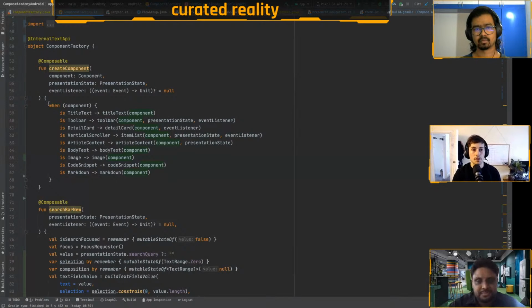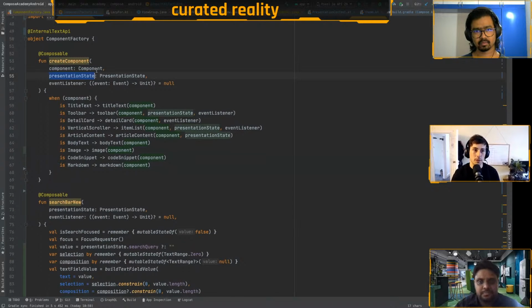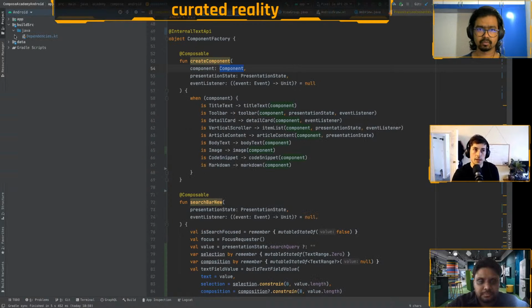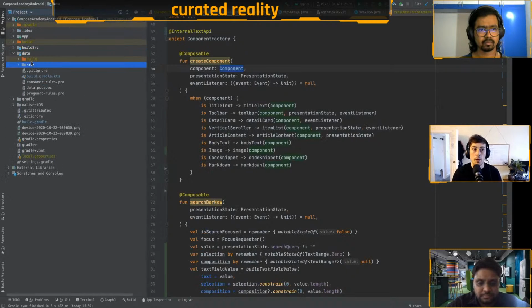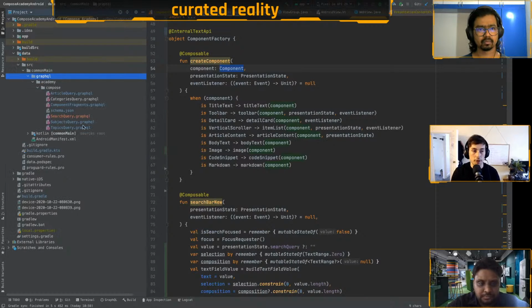So the Compose side of things when it comes to Android is very similar. We get the strongly typed components back, this time in Kotlin, and this is made really nice because of Apollo Android, which is an open source Android library for GraphQL communication from Android clients. I'm using that, and that would essentially have my queries, and when those queries are executed, they return the strongly typed components back.